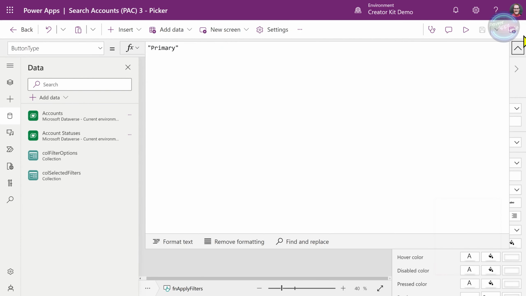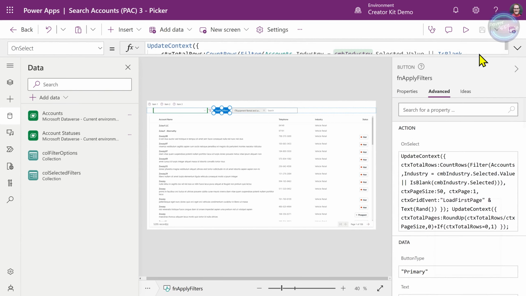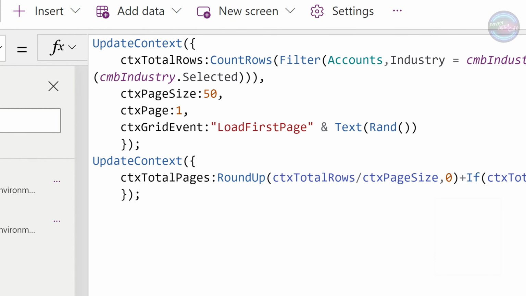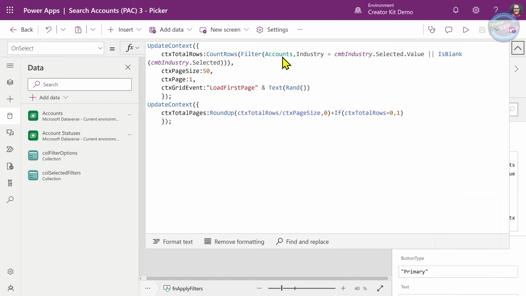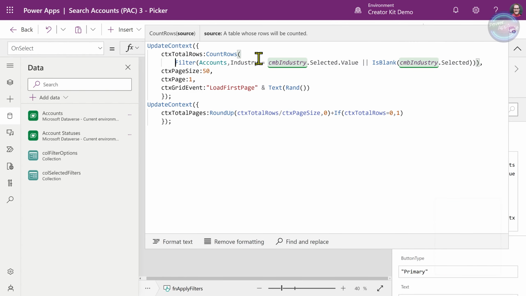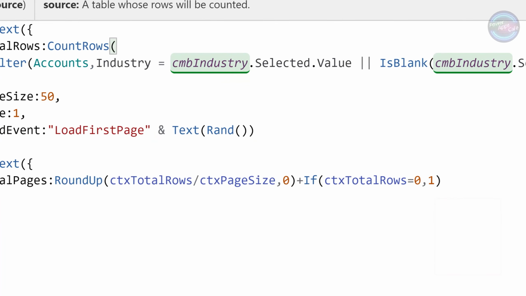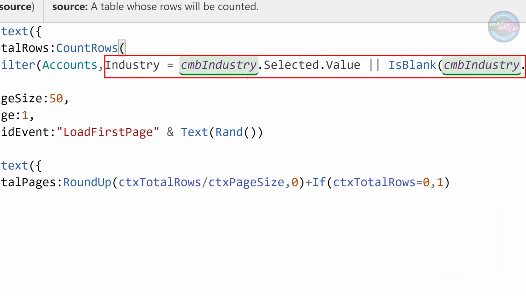We've got our apply filters button. So if we go into what that looks like, this is from our previous video where we were doing count rows, and we've got a filter here, which is the filter that we're using currently, which is a very simple filter on the industry drop down, which is a single value.